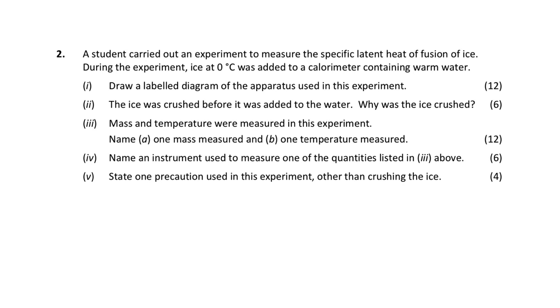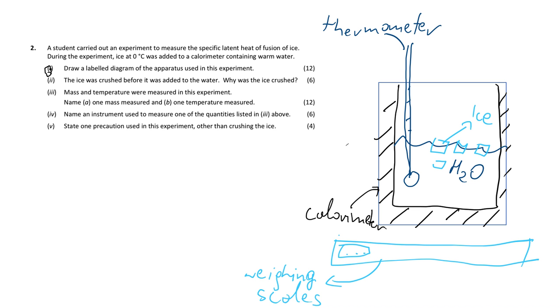In this video, we're going to take a look at 2019 Physics Ordinary Level Paper, Question 2. In Question 2, we are told that a student carried out an experiment to measure the specific latent heat of fusion of ice. We know the temperature of ice, and we're asked to carry out a number of tasks to solve this question. So, in the first task, we're asked to draw a labelled diagram of the apparatus used in